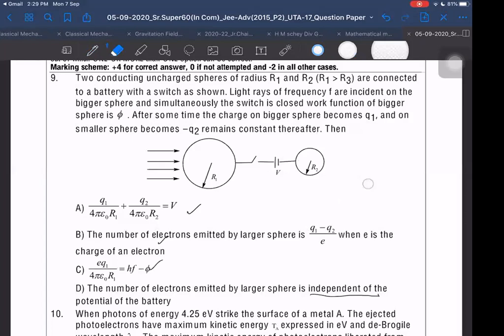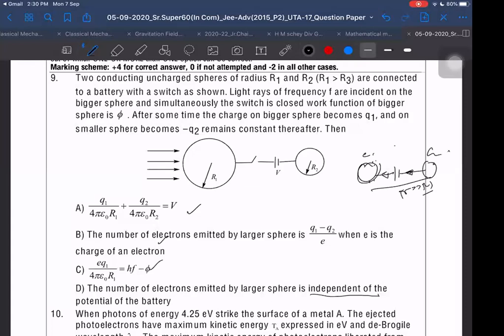To those who are thinking how it depends, how I said that, because I know that before even the photoelectric effect, we used to ask such questions, that if there are two spheres, what will be the charge in this? You remember such questions we used to ask before also? So we used to take it like a capacitor C1, C2. And then by assuming this capacitance is between this and infinity, and this also between this and infinity, if the distance between them is very large, then we used to assume like that. Then we can take the effective capacitance and we can find out what is the charge flown from one side to the other side.